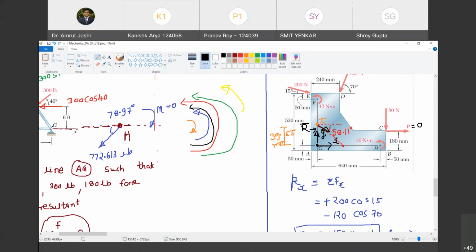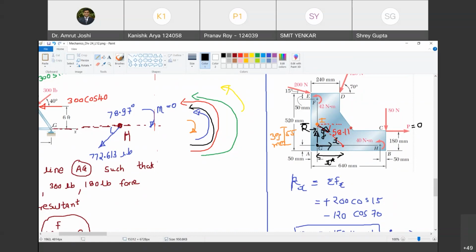Now, the line of action of this resultant, let me find out by geometry. Where does it intersect line GH? Are you with me? Yes, sir. So I will call this distance x star, because x we have already used. So I am using the notation x star. Are you with me? Yes, sir. Which distance is x star? From G till the point where the line of action of the resultant at I intersects. Are you with me? Yes, sir.